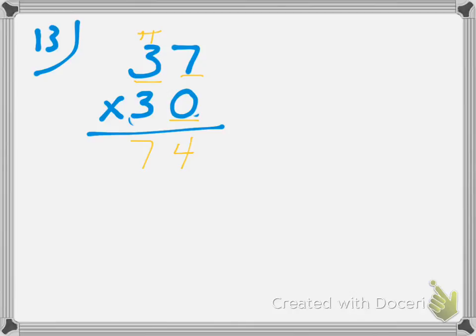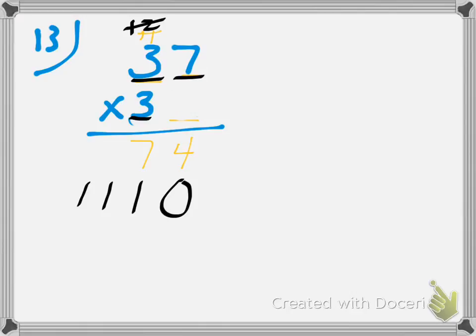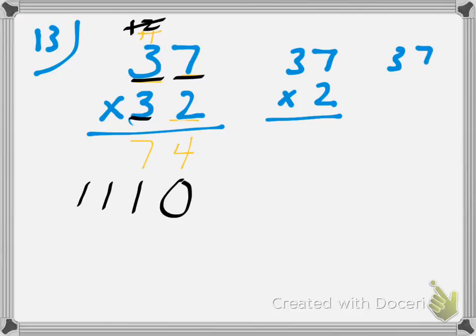37 times 30, which means I can put a 0 down here, and 3 times 7 is 21, carry a 2. 3 times 3 is 9, plus 2 is 11, 1,110. And so once again, I multiply it just like it was a 30, even though in actuality it's a 32. So I did it as 2 separate problems: 37 times 2, and then 37 times 30, which we actually did as 37 times 3 and added a 0